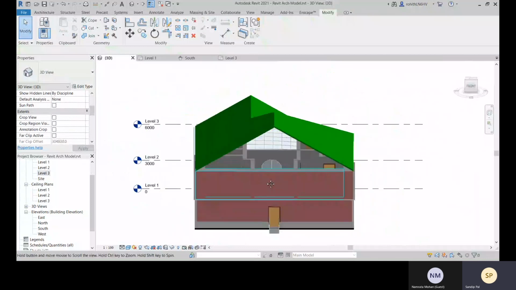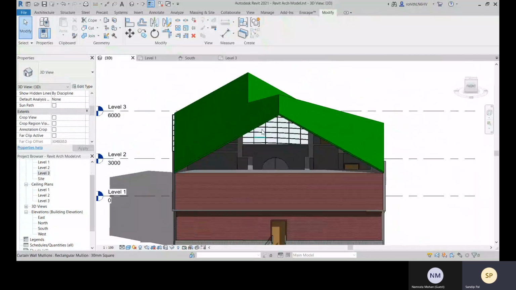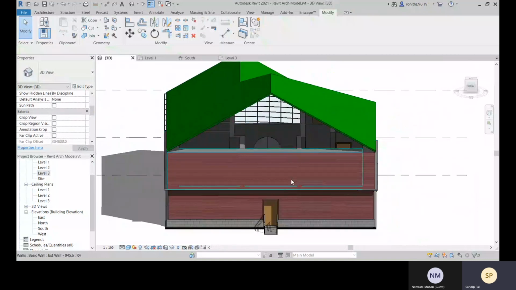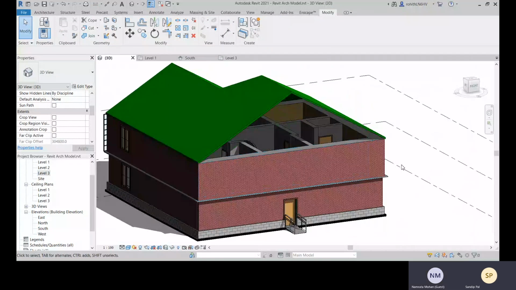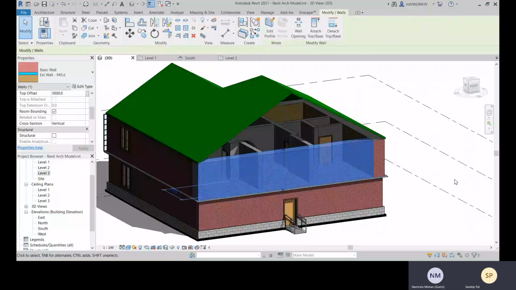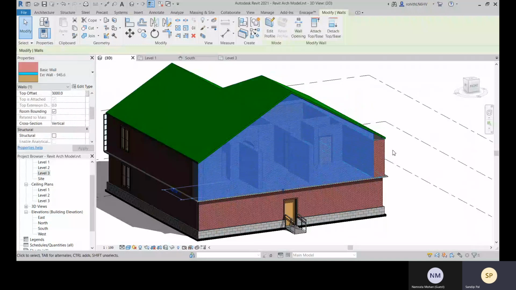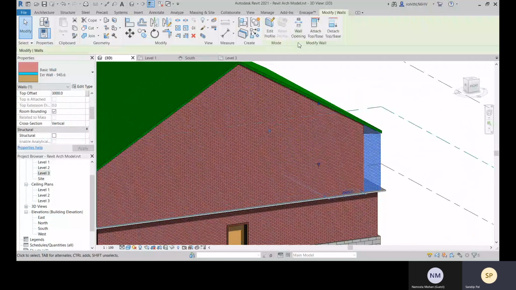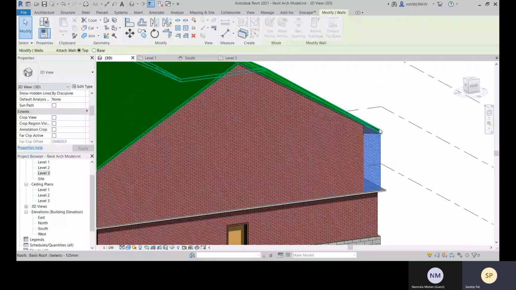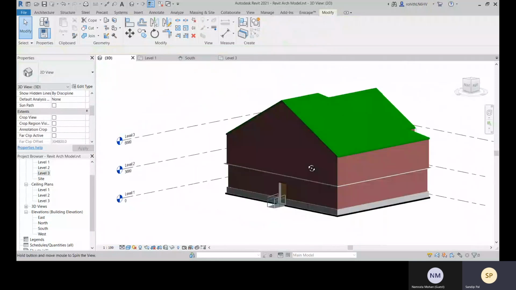Now you have to attach your wall to this face, right? So how can you attach that? You remember I have already discussed this. You tell me. So what is the process? Yeah, I have to select this and then Attach Top or Base. Right, Attach Top or Base, and top will be selected by default, and you specify the top, and this will be connected. And for this one also, Attach Top or Base, and this is your top, and this is selected.